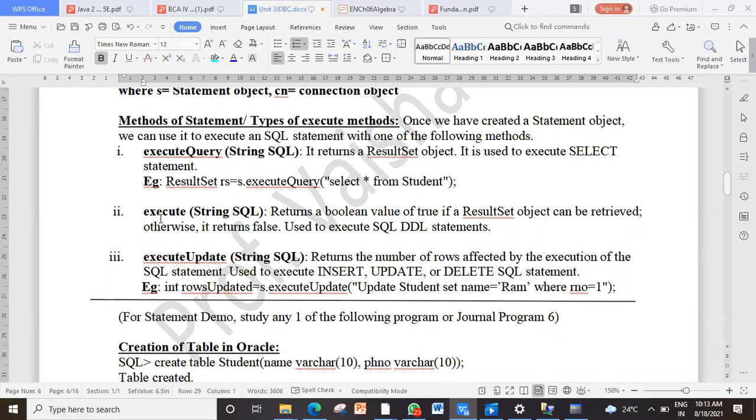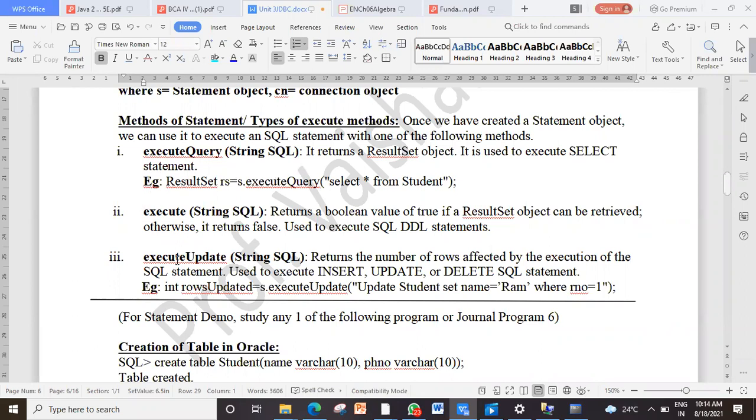Execute. And of course, select statement only. It returns a Boolean value if the result set object can be retrieved. If it says false, that means the result set object is not present, I mean, there are no rows in that result set object. It will just tell you whether there are rows or not. So for that, you call the execute method.